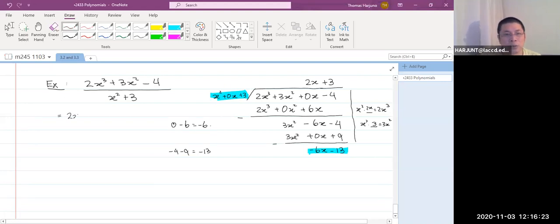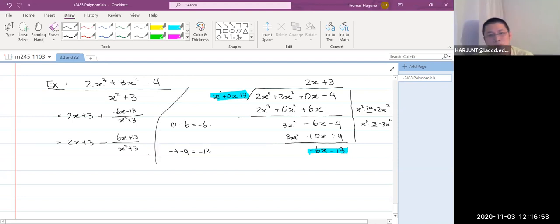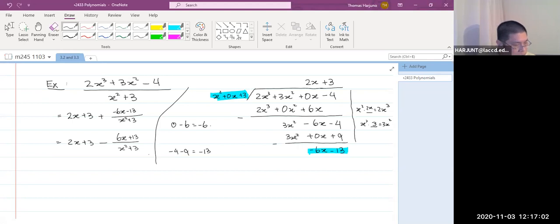The quotient is 2x plus 3 plus negative 6x minus 13 over x squared plus 3. Or if you factor the negative on the top, then you get 2x plus 3 minus 6x plus 13 over x squared plus 3. Okay,